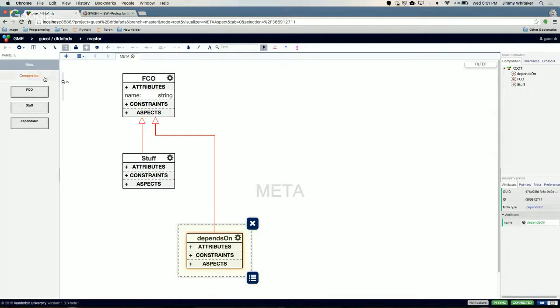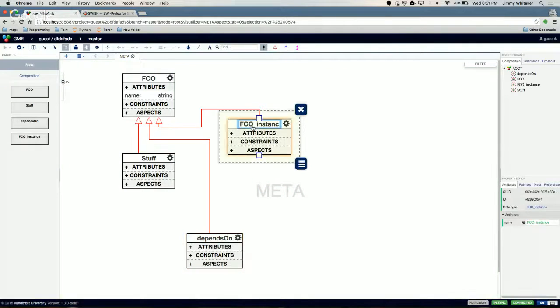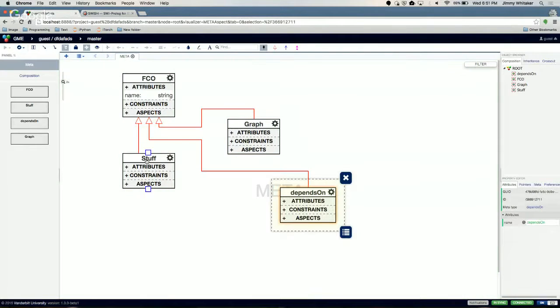And then we have to have something that holds all this. So let's call it a graph. All right, and now we have to get to using those relationships that I referenced before.